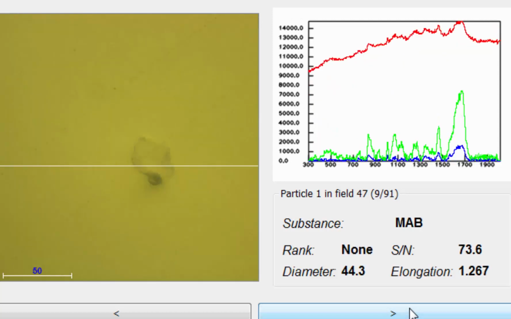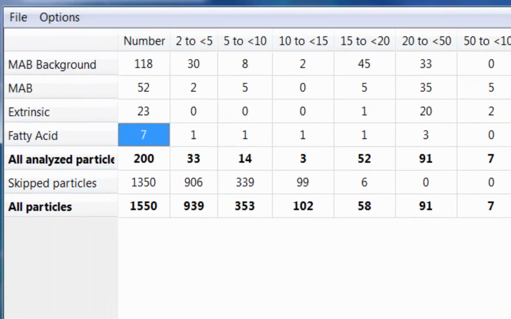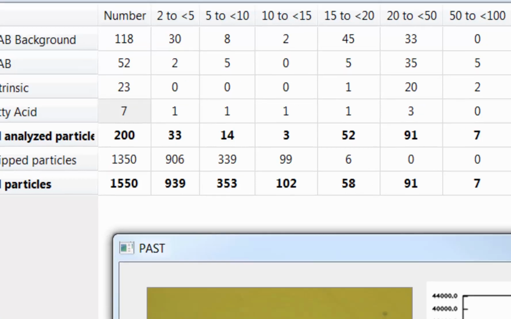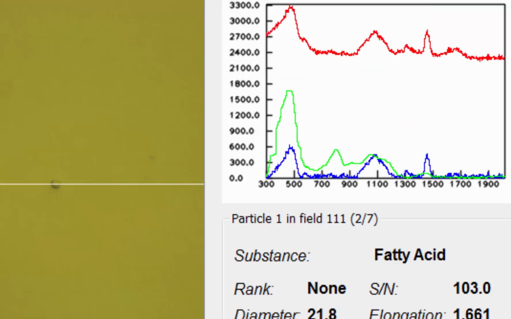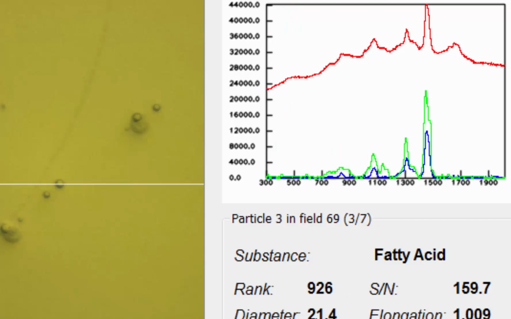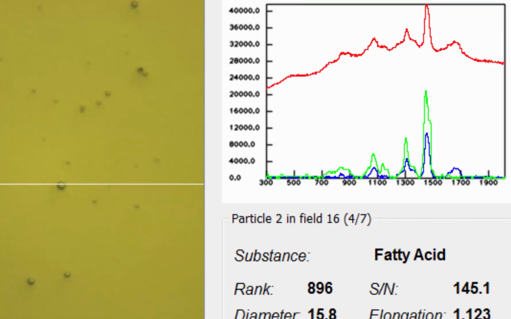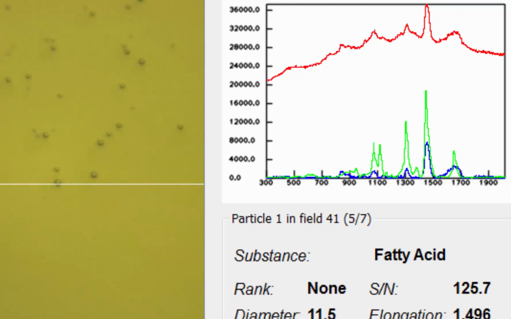In this experiment, what was very interesting was the fatty acid particles, and there were in total 7. When it comes to these fatty acids, you could see that on the wet dispersion aid bottom they form these straight lines, which is kind of a surprise, but that's how they orient themselves or organize themselves in the wet cell, and you can now clearly see them. That's a single one that has a diameter of 21.8. We have one here with 21.4, some with 15, some with 11,